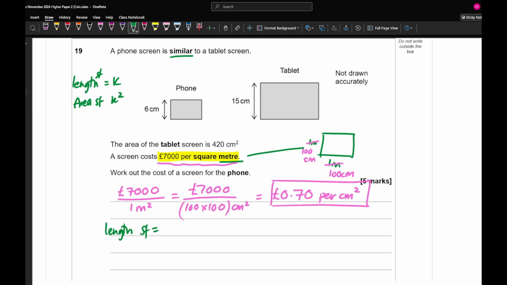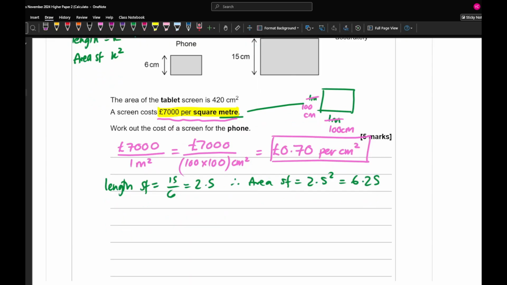So if the length scale factor is 15/6, which is 2.5, then the area scale factor is going to be 2.5 squared, which equals 6.25. Then to work out the area of the phone screen